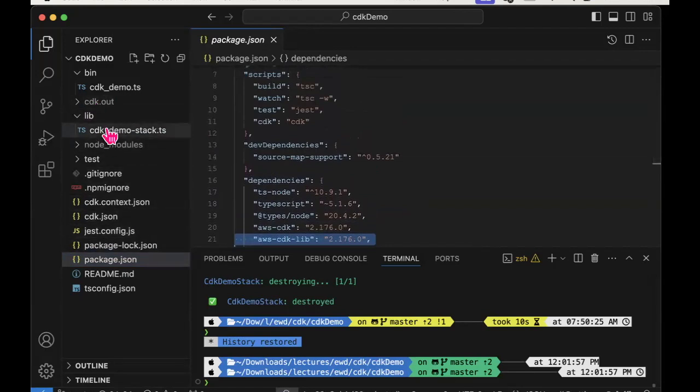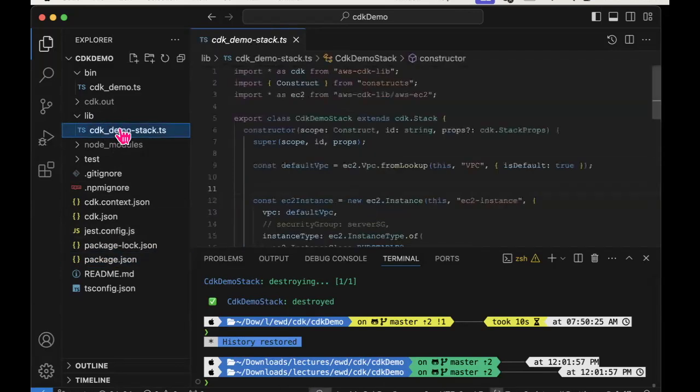And here's the stack file. We've got a couple of imports. In particular, we're importing one part of the CDK library, which is the part that supports infrastructure related to the EC2 service.